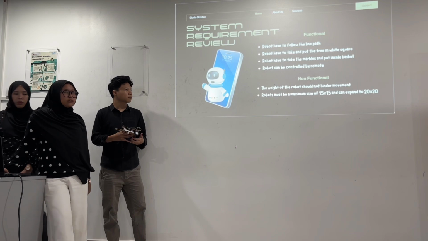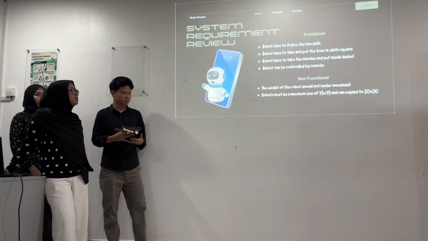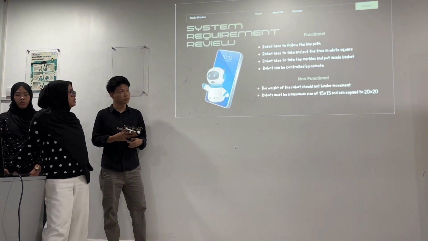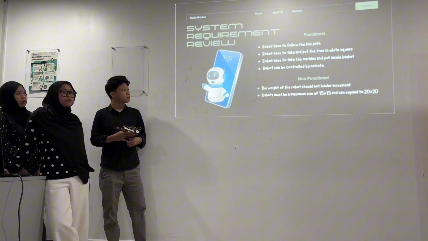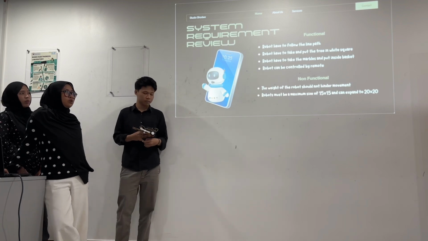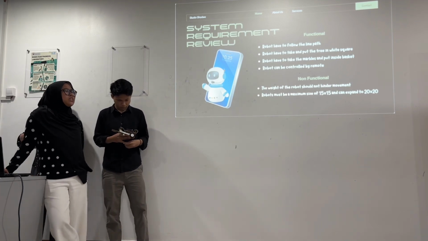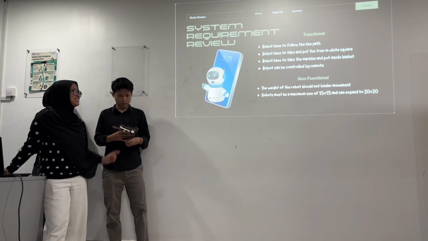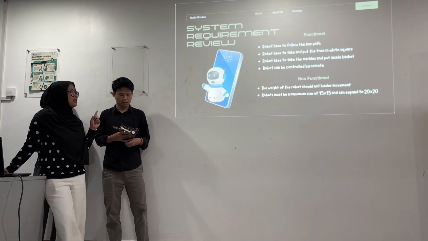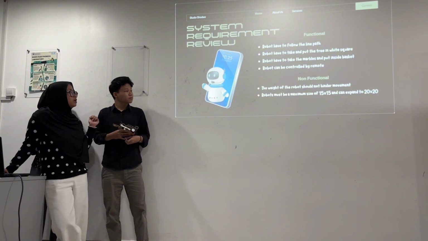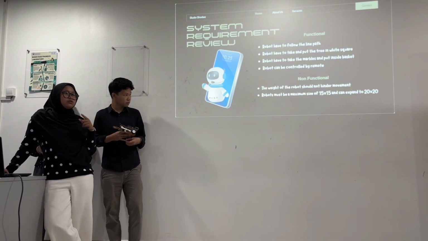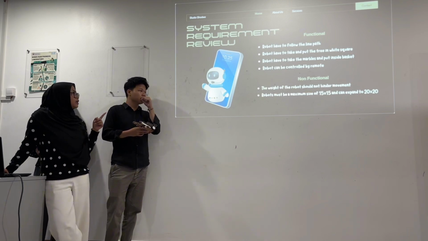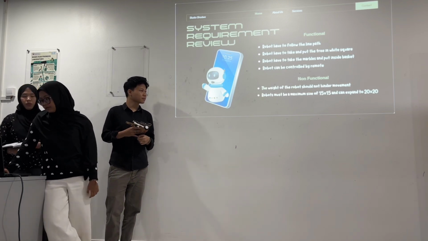For the additional functions this season, the robot must be controlled by a remote or something like that, plus a monitoring system. For the non-functional requirements, the weight of the robot must be under 3 kilograms, and the maximum size is 50.